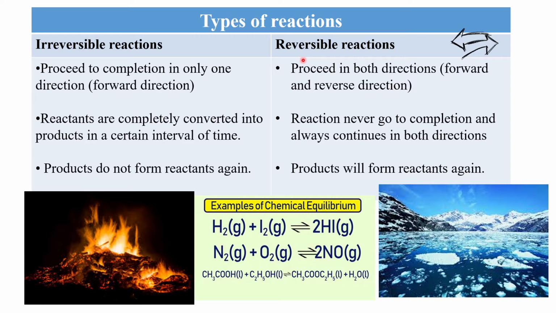The second type of reaction is the reversible reaction. These reactions proceed in both directions, forward and reverse. These reactions never go to completion and they always continue in both directions. In these reactions, product will form the reactant again. So in the forward direction, reactants will form the product, and in the reverse direction, the products will form the